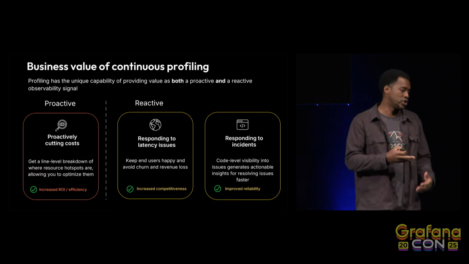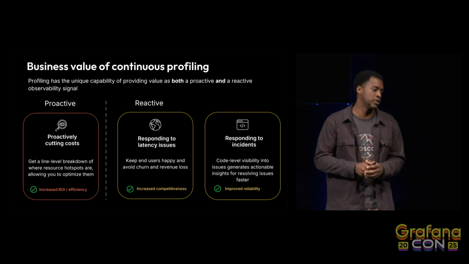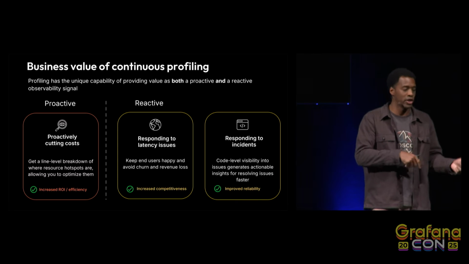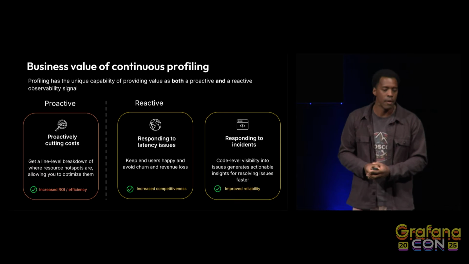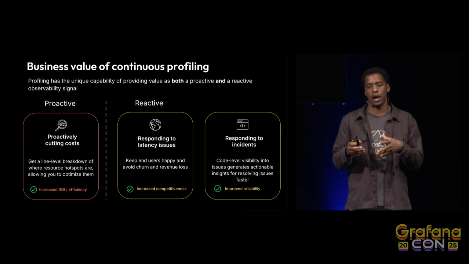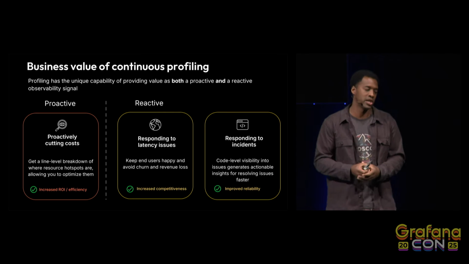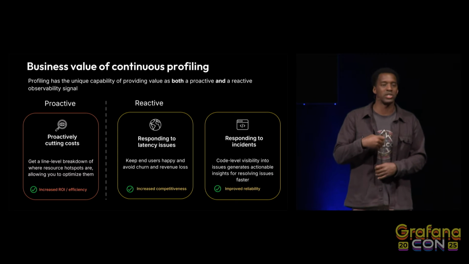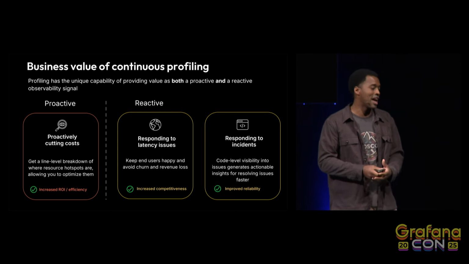All right, and similarly to the ROI conversation, there's also a proactive approach to using profiling, and a reactive approach as well. This is also something that I think is pretty unique to profiling, in that with metrics, logs, and traces, a lot of times you're going to get most of your value from those when something's on fire. You're able to get an alert, and you go down the path of investigating it. With profiling, you have this nice proactive approach that pretty much any time you turn it on, unless your application is perfectly optimized, which is just not really a thing,